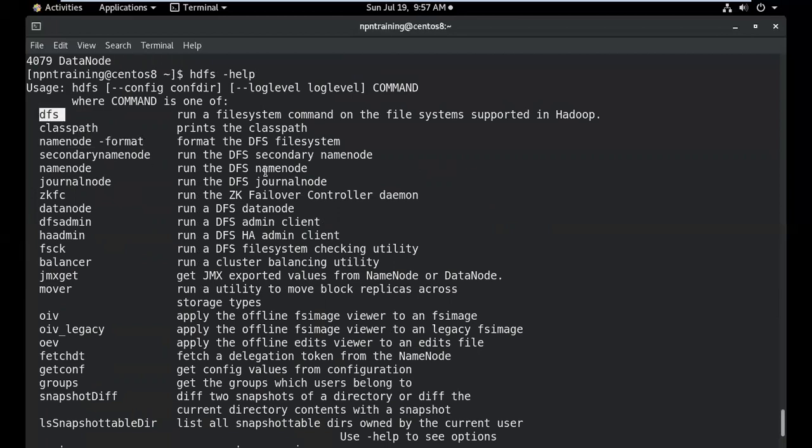Very, very important command. Yeah, Santosh, go ahead. Naveen, sorry to interrupt. One quick question. Yesterday you executed some commands on the same machine. You mentioned you have to format the name node prior to that. You didn't do it? I had already formatted. Not yesterday, someday I had formatted.